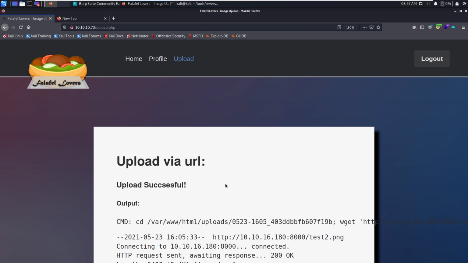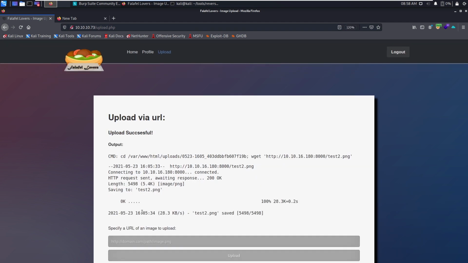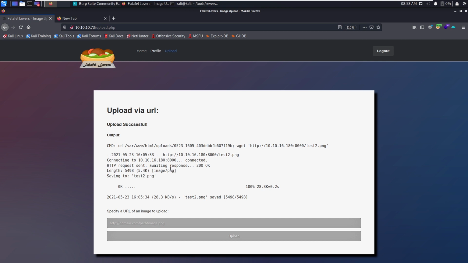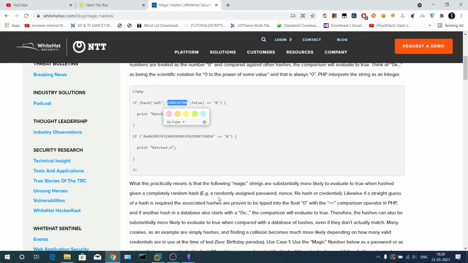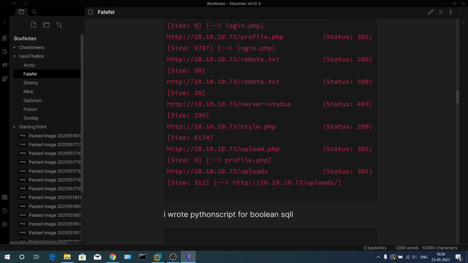So upload successful, where www.html uploads random string. So in that random string folder, the file has been uploaded, test2.png. Let's go to the directory. In the GoBuster brute force, you can see the directories here, uploads.